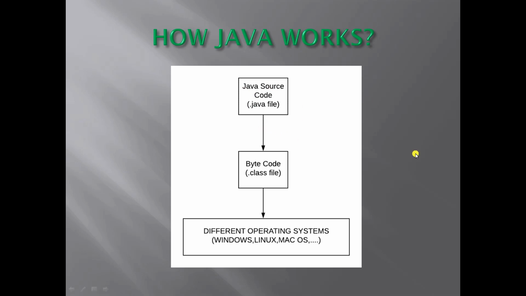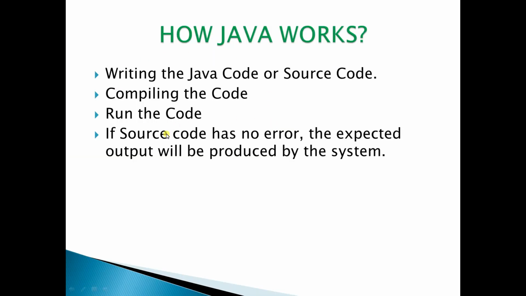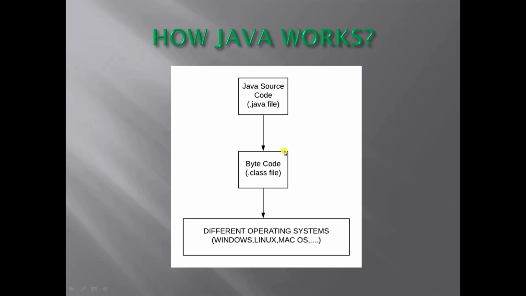Once we have written the code, I have shown you how we need to compile it. Compiling the code means, as I told earlier, that the computer only understands machine language, which is in binary zeros and ones. So in order to understand that, our system will compile the programming language that we have written using Java code, which has a particular syntax that we will discuss in further videos.